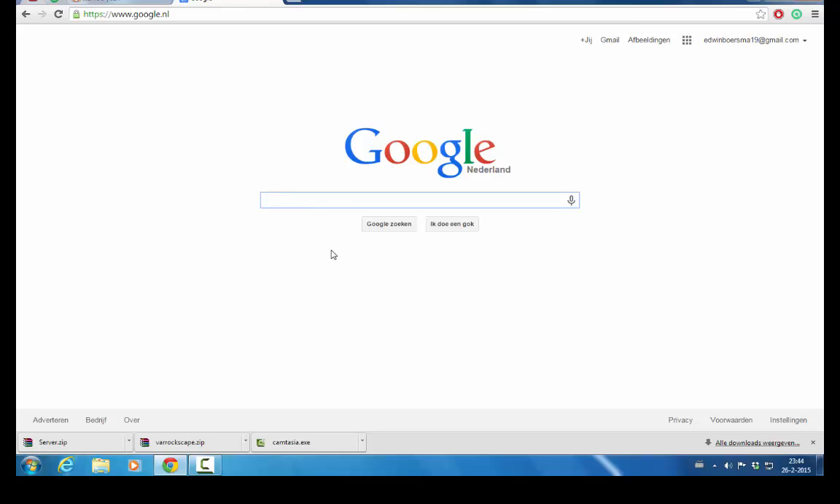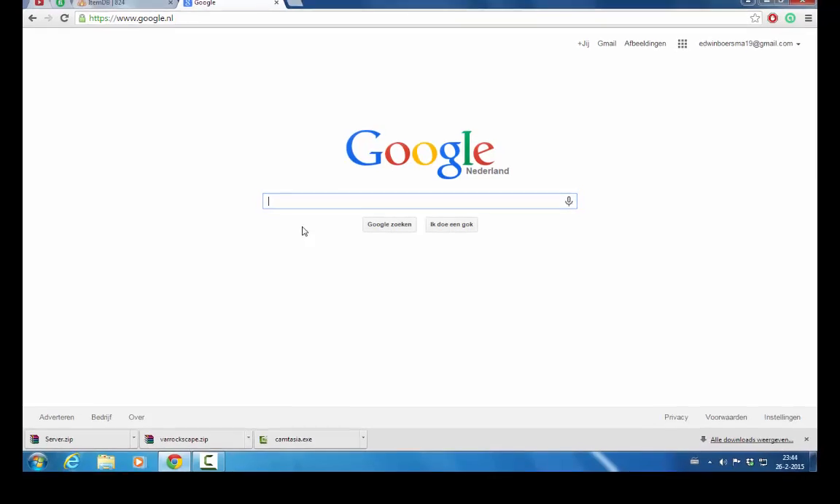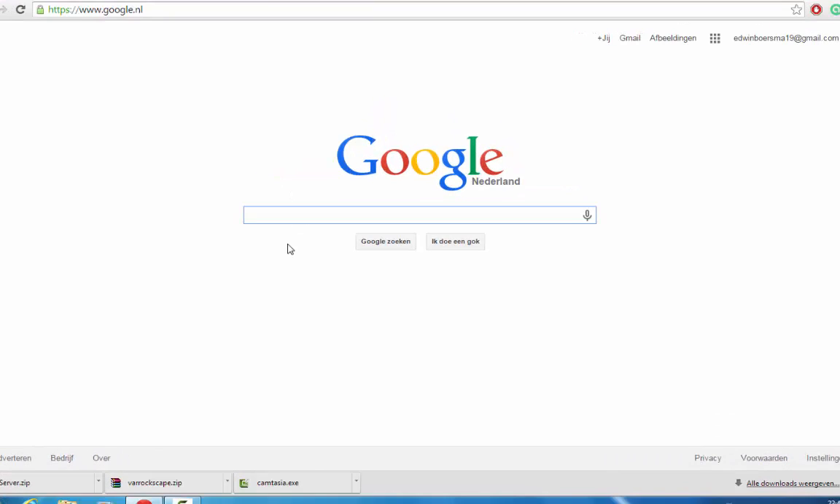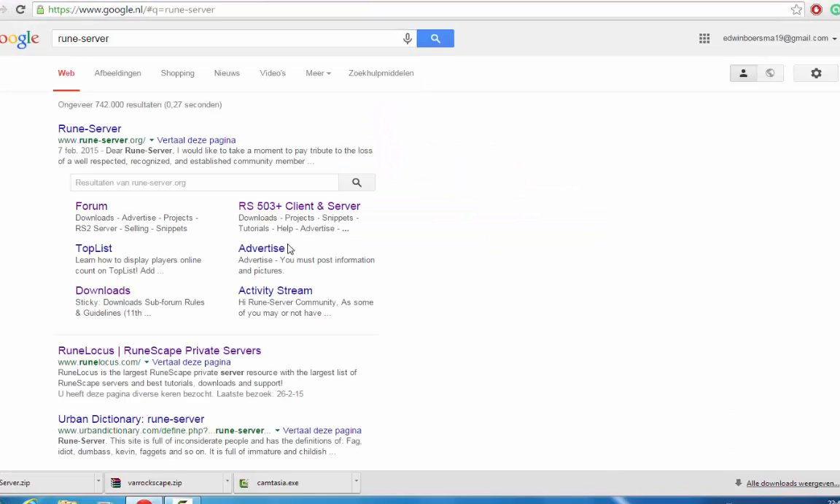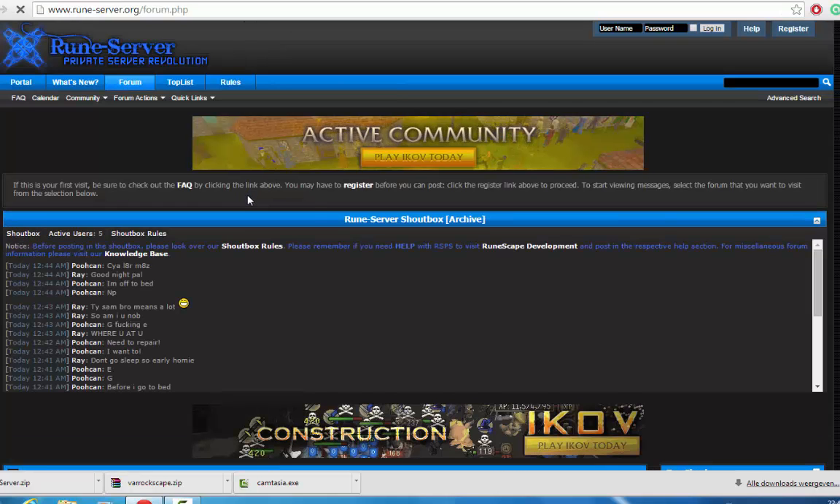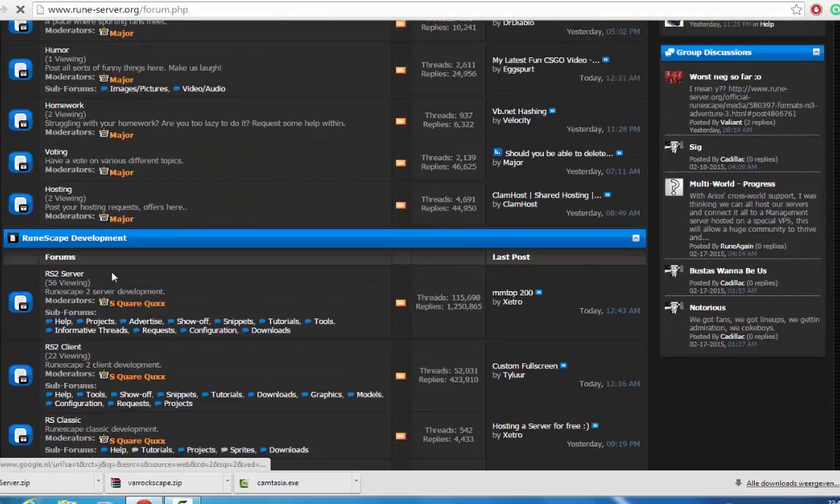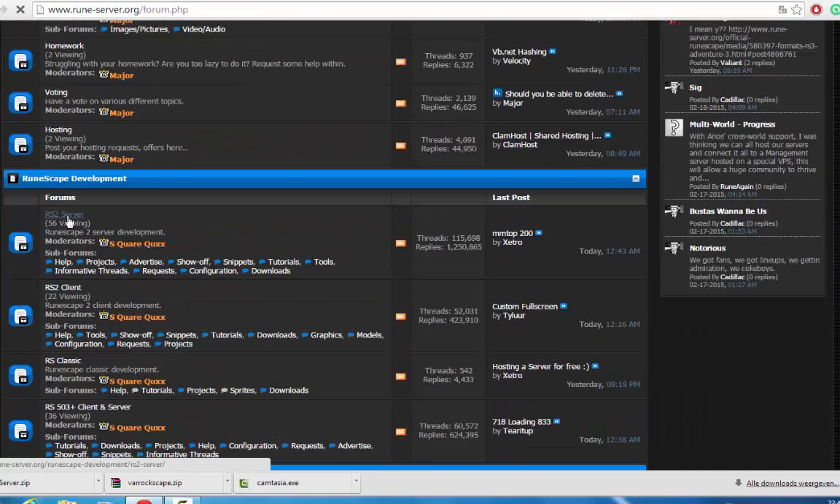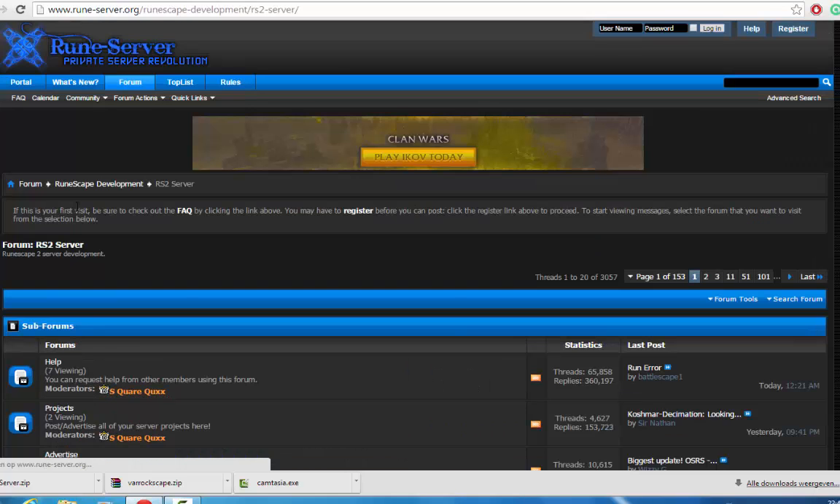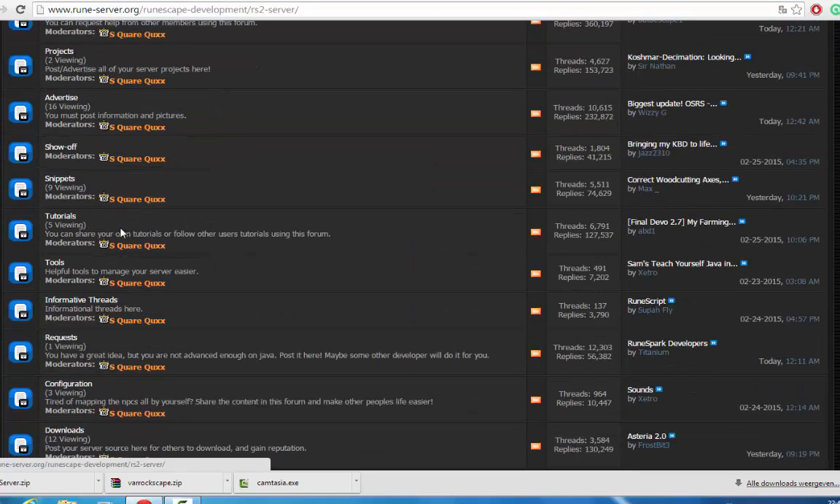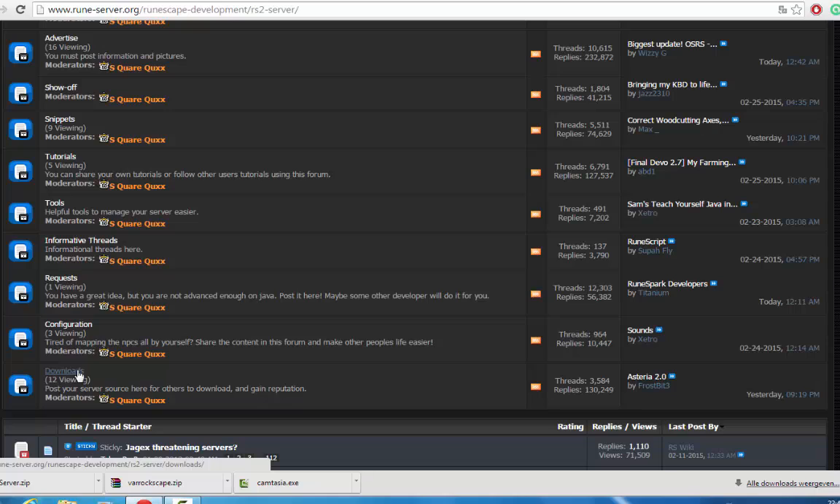I'm gonna show you how to put in our RuneScape private server. So in the first place, you're gonna need a base for everything before you even can start. So let's go to Rune server and go to the forum. Now there's a lot of stuff over here, not interesting. Just look here for rs2 server and look for downloads,